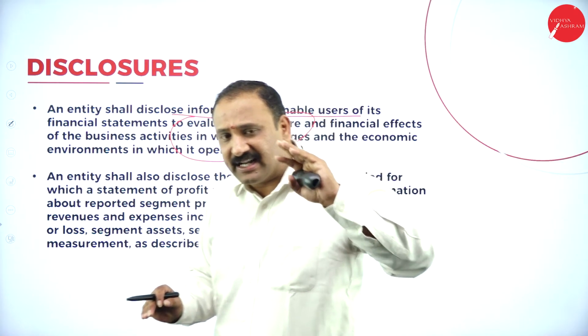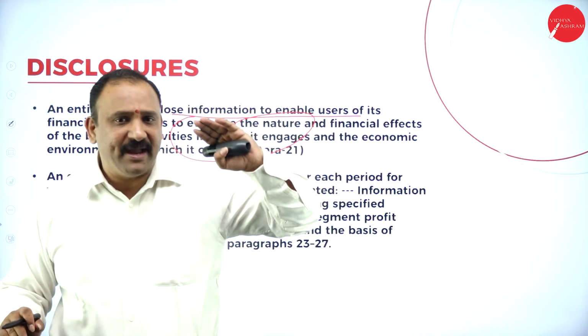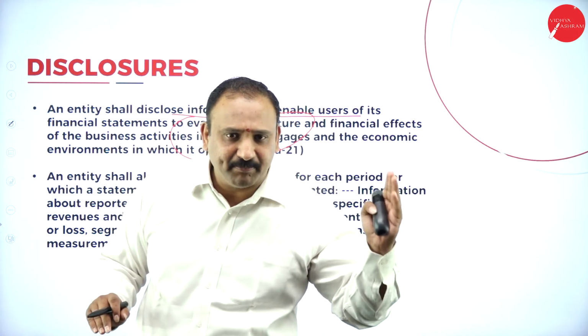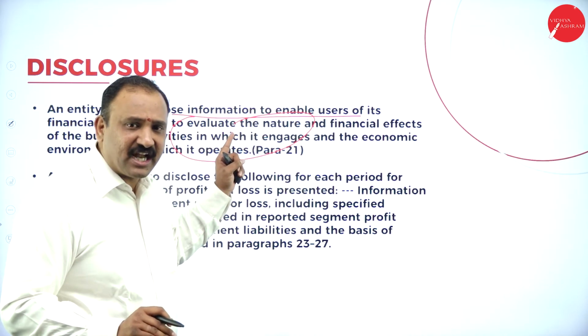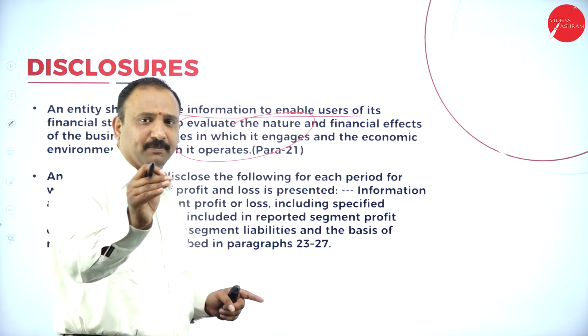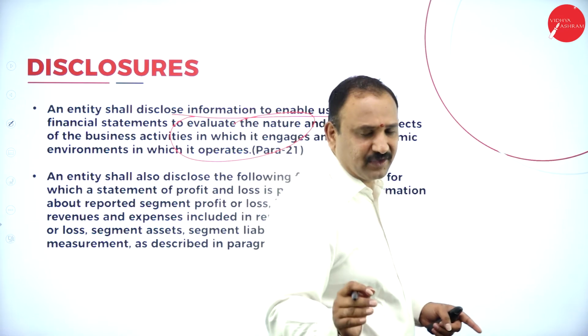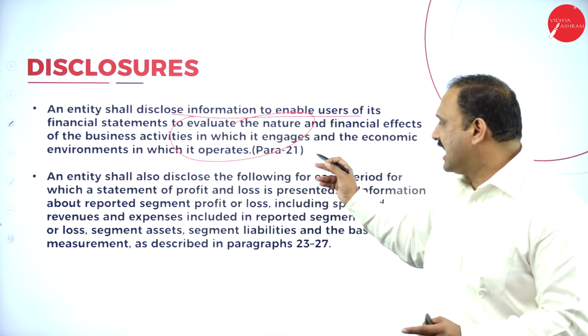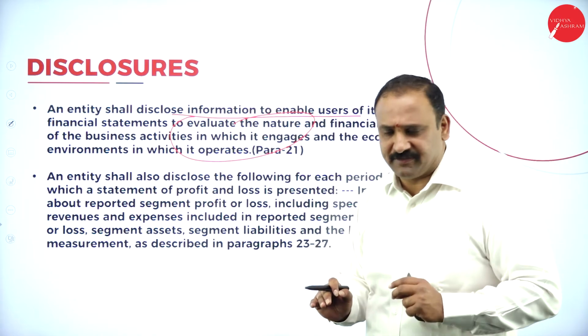Now, in paragraph 21 of the accounting standard, the entity shall make the disclosure as it is prescribed, so that users understand very clearly what the effect of the business is, what all the impacts are in terms of revenue, in terms of financial values and so on. That has to be reported as the entity has been doing the operation for several years.